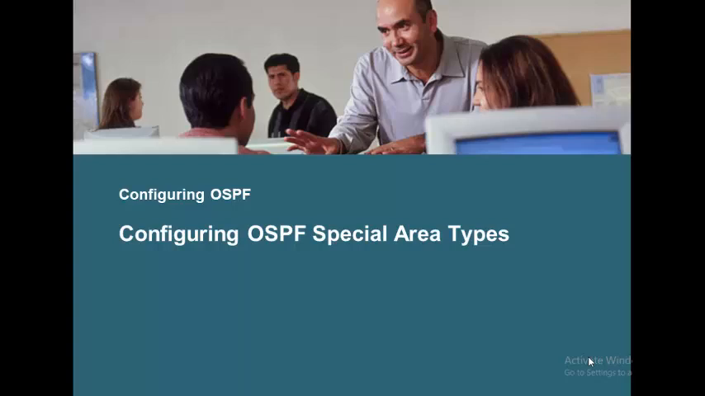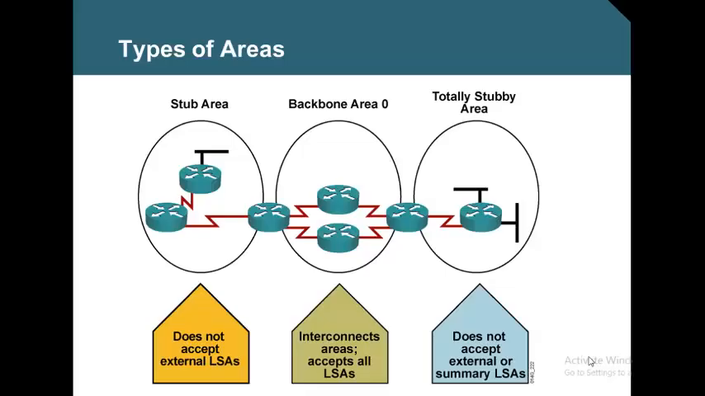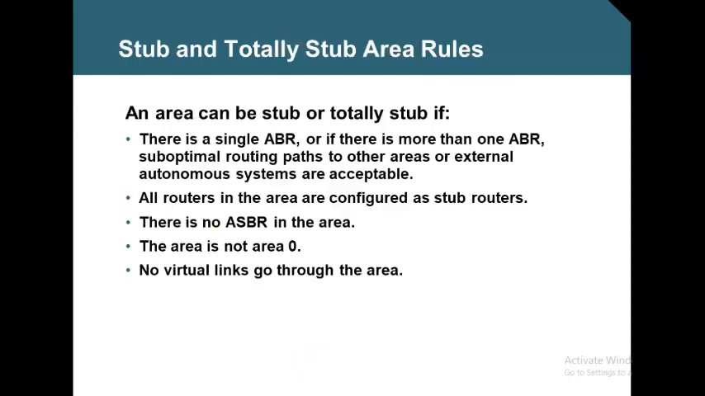We learned stub, which prevents type 4 and 5 from getting inside. We learned totally stub, which prevents type 3, 4, and 5. And we saw the